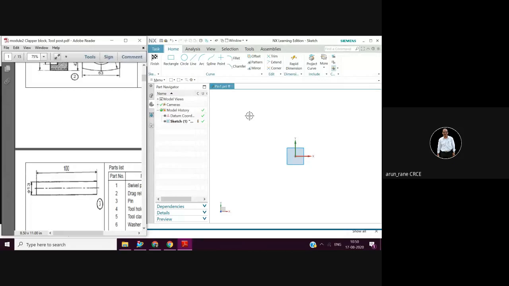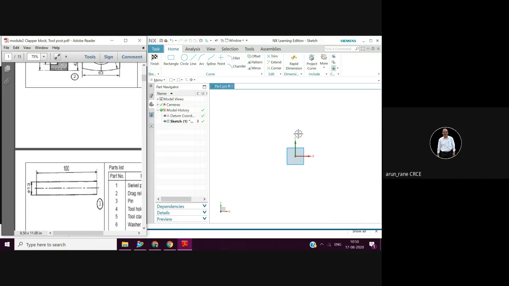Your observation is very much required, and don't be panicky. Sir, I can't see this, I can't see that. So many things happen in the lab. So don't be panicky. Keep your eyes open and observe carefully. The moment you are into the sketch, you will see this finish sketch, and you will also note this.